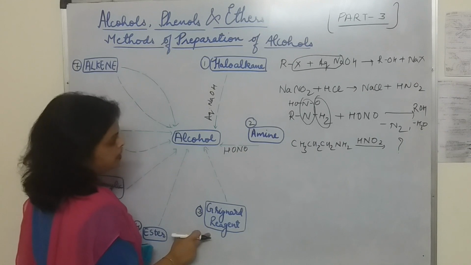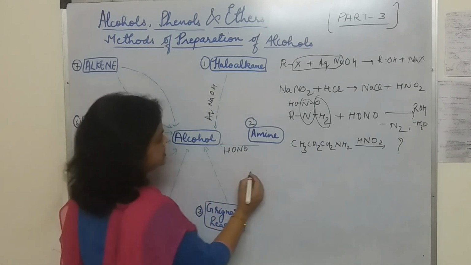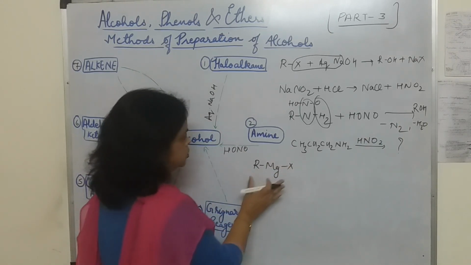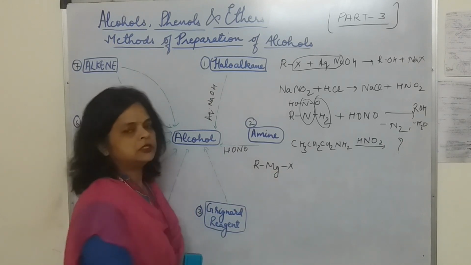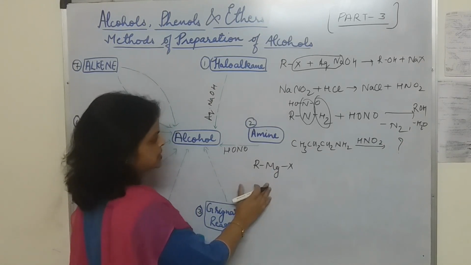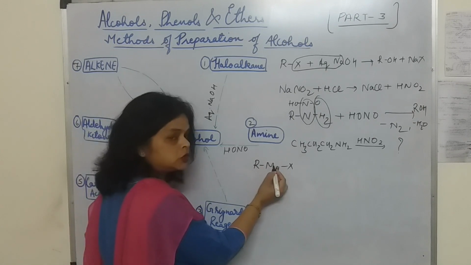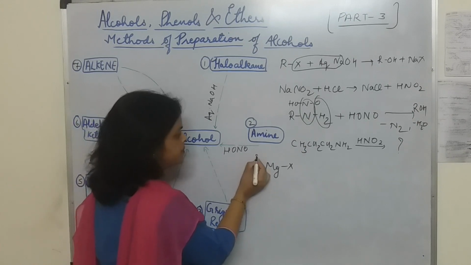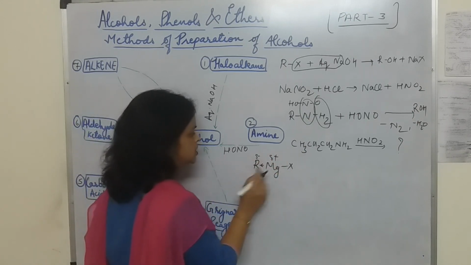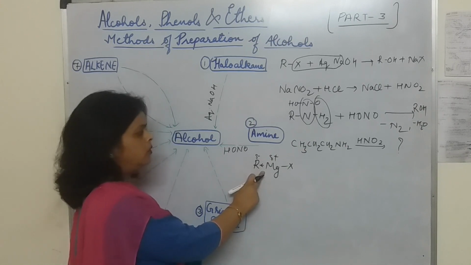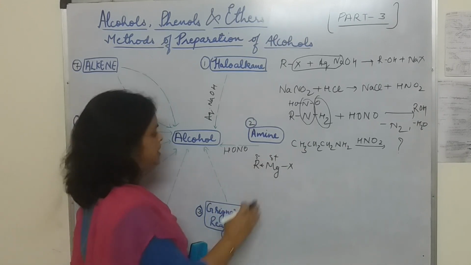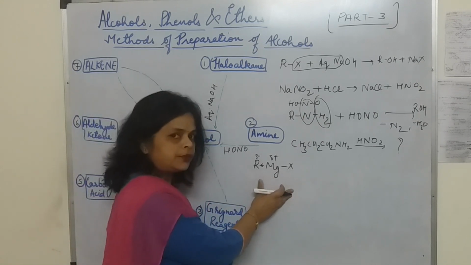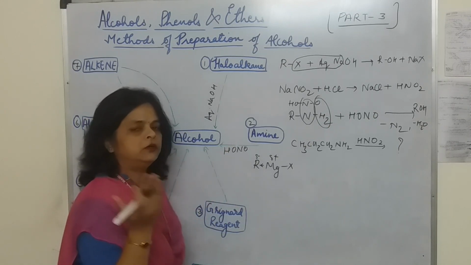Now we will come to the next part, that is the Grignard reagent. See students, Grignard reagents are RMgX. Whenever we are talking about Grignard reagents, they act as a source of carbanion. As we had already discussed, the metal is highly electropositive and the carbon of the alkyl group is electronegative, so it develops partial negative and partial positive charge. This covalent bond is highly polar. Now let's see how the reaction takes place. It always takes place in two steps. First, it forms the addition product and then that addition product undergoes hydrolysis.